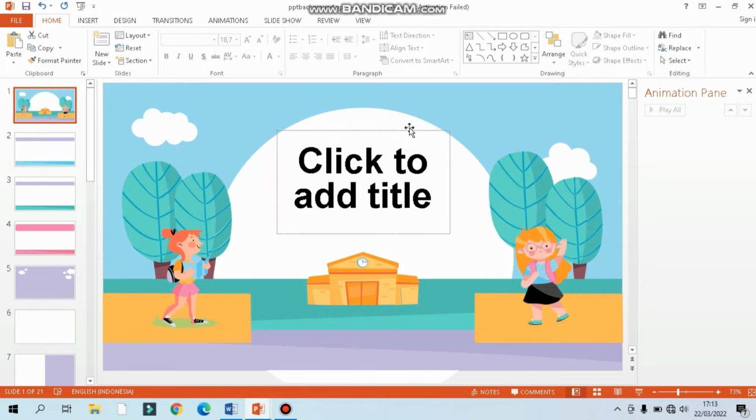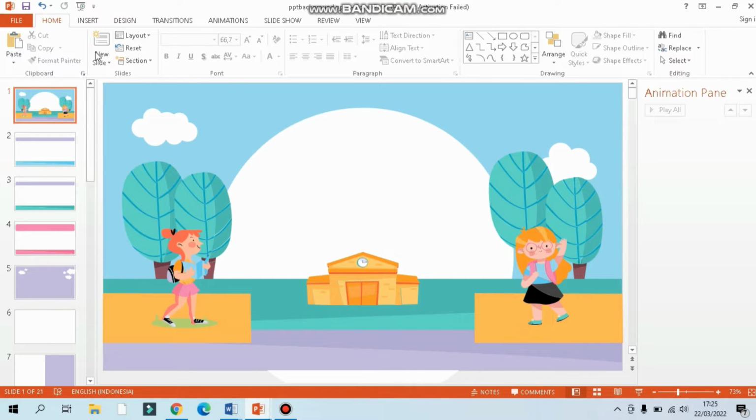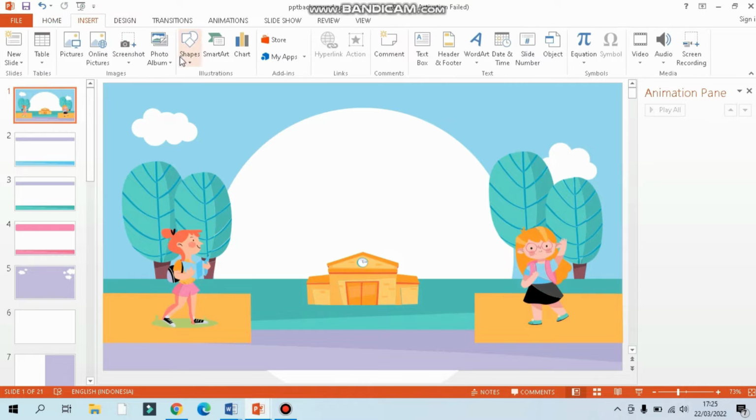Now I want to make an interactive PPT about the topic of mathematics, which covers algebra, function, derivative. To make the title, we can click insert, click shape, and click the icon we want.